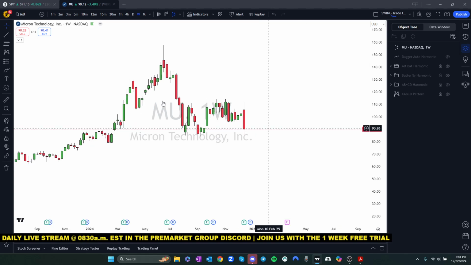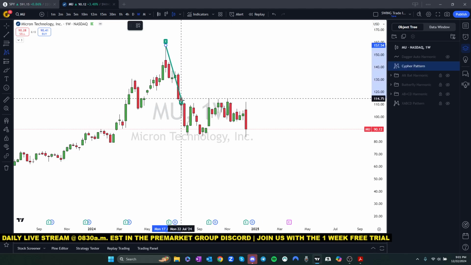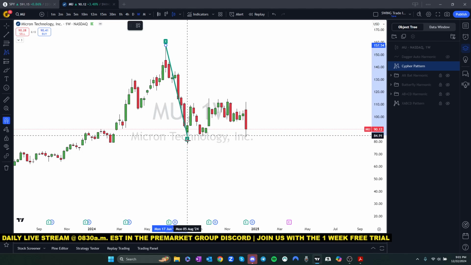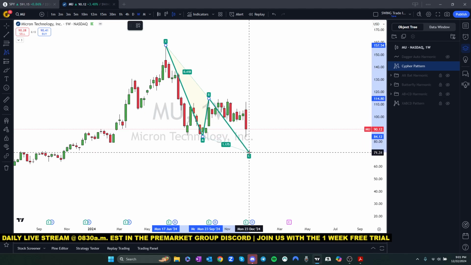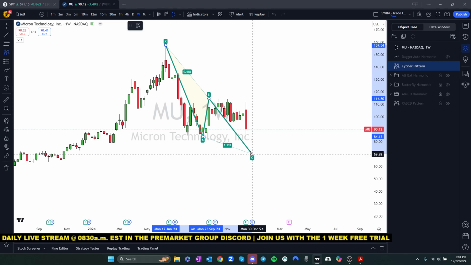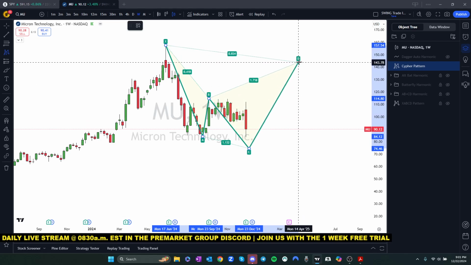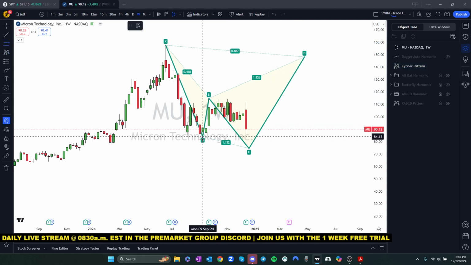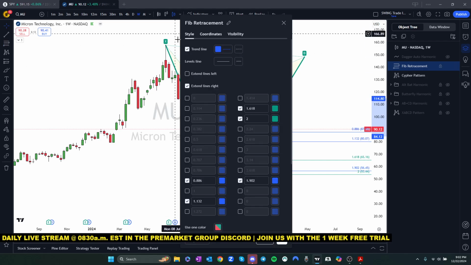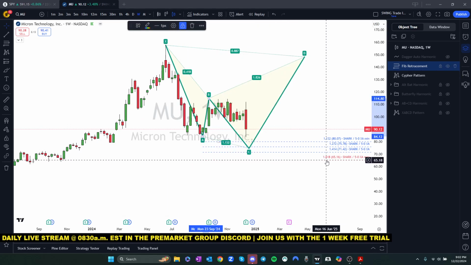Now there is one more option that could happen, and I'll draw it right now. This is not an ABCD pattern, but just for tonight, we'll talk about what can happen here. So I need a 1.13 minimum. This would be a shark pattern. And that would be about 0.886. But the key thing with this pattern is right here. How low can you go? So for this particular leg here, it says the shark can go as low as the 1.618, which is down